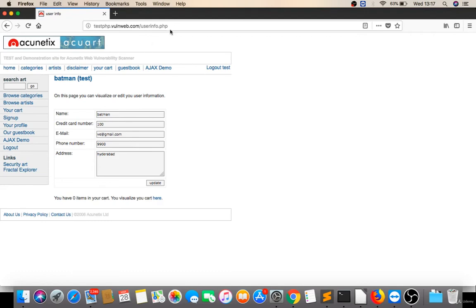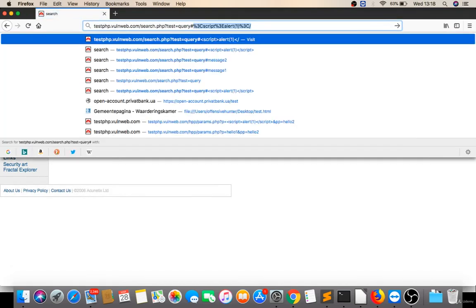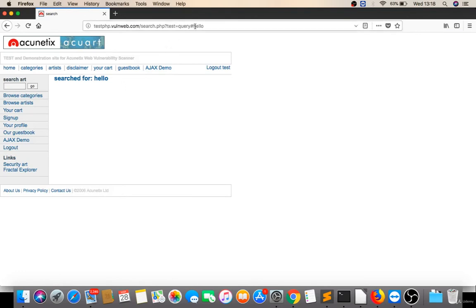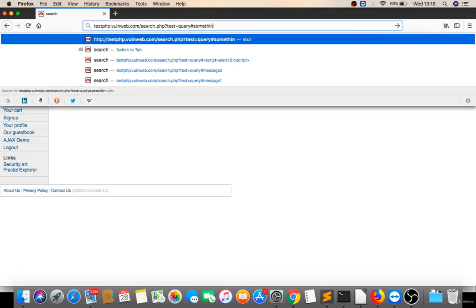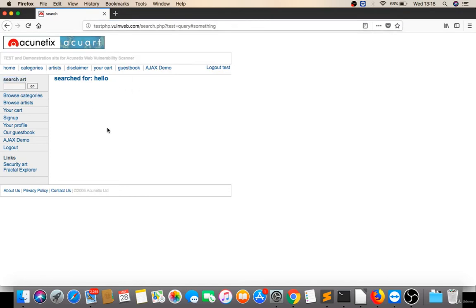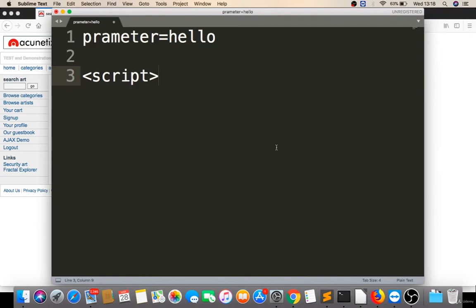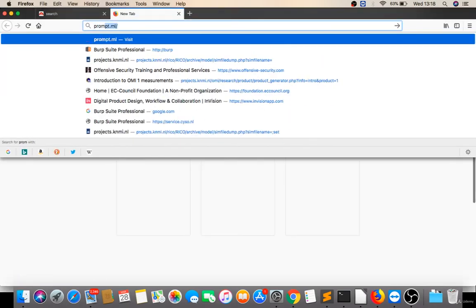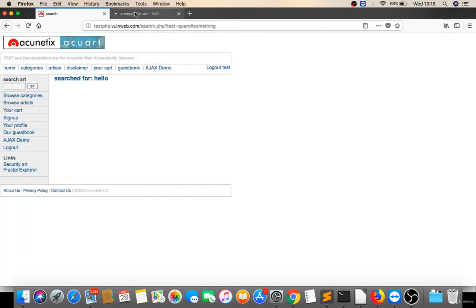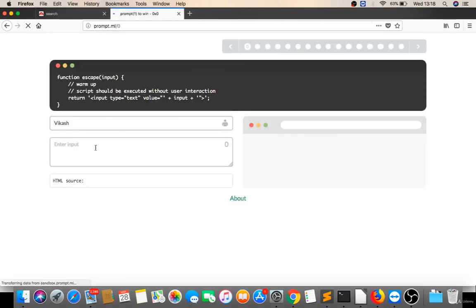Now see, if I give anything and it won't be delivered to the server, they just reflect it back to me, then there may be what? You can try with something else. So if I give any parameter, if any parameter has hello, and it's just executing in the user context and not being sent to the server application, then there may be DOM-based cross-site scripting. For example, this is not being sent to the server, it is just executing in our context.